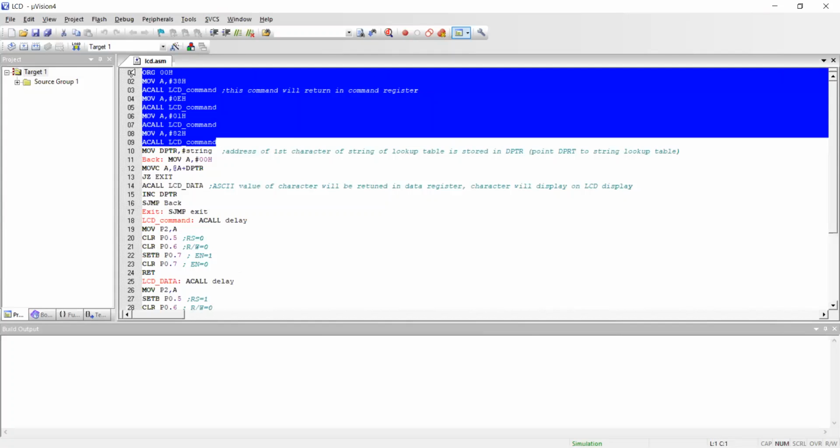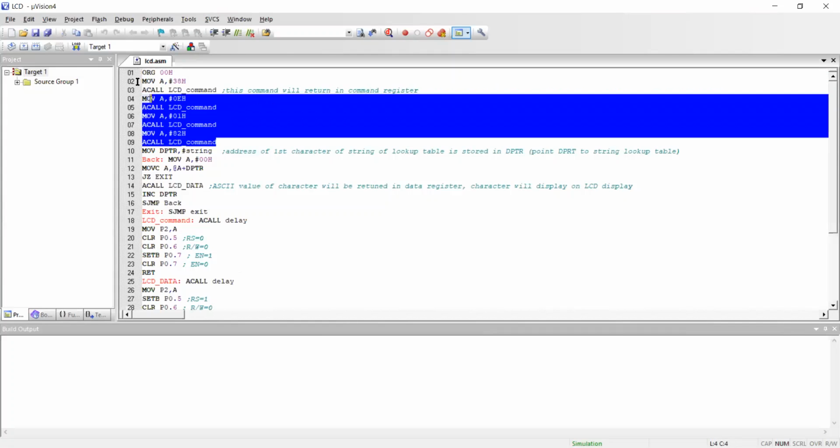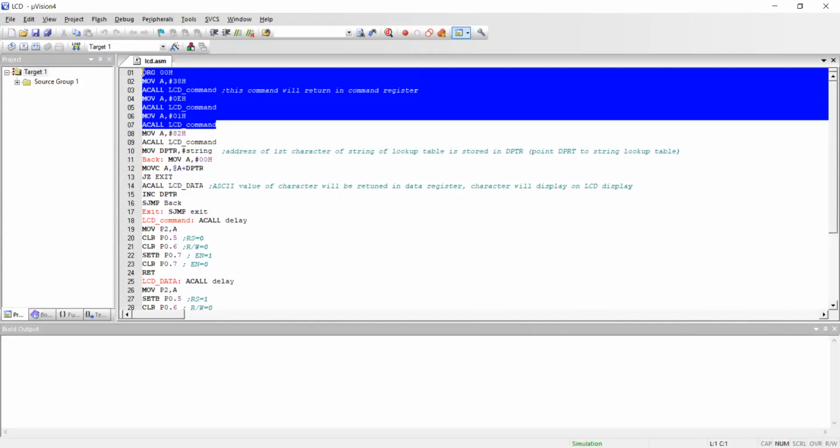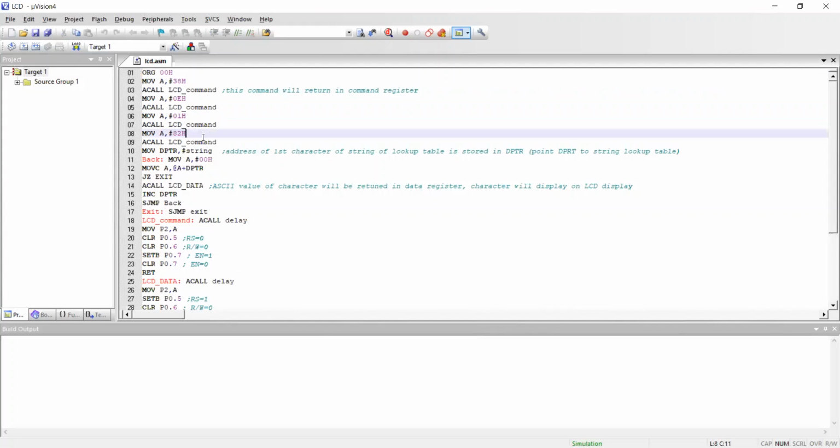38H, 0EH, 01H, and this one. You are starting from 82H. You want to start the command from 82H. Not command, you want to display the character from 82H, not 80H. That's why 82H.